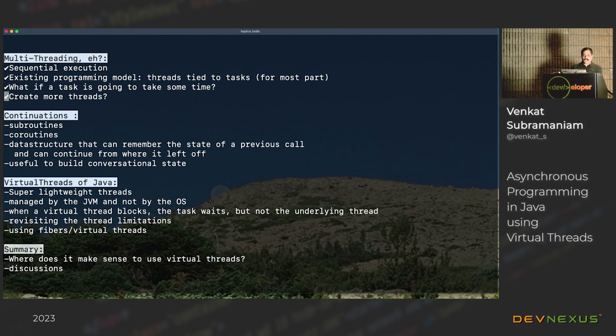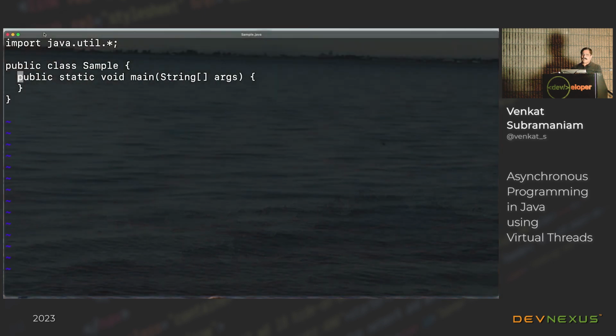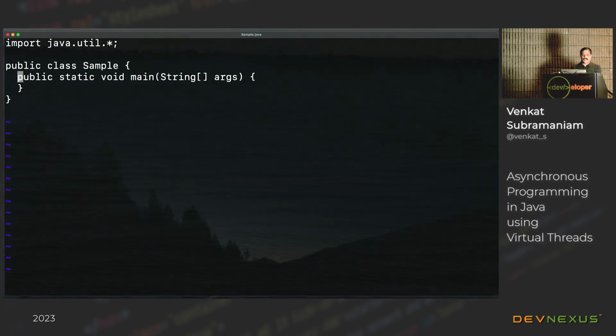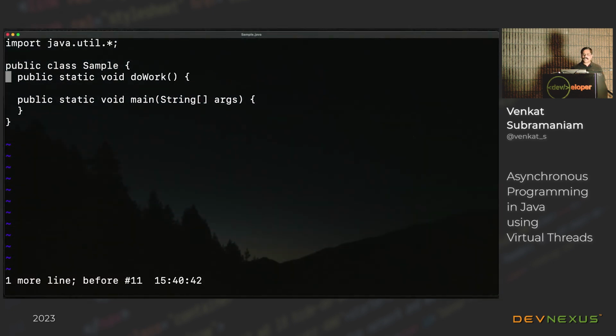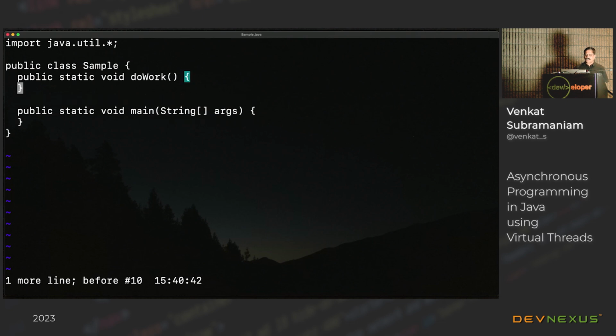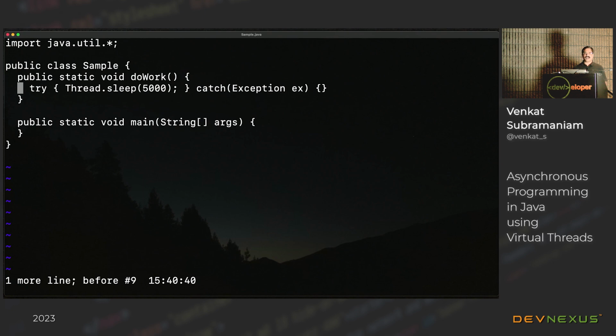Well, as it turns out, let's look at an example of how many threads we can create. Now imagine, I'm not even going to do much at all other than simply call Thread.sleep in this particular case. So let's see what's going to happen in this example. Notice I have a function called doWork, and the doWork function is not doing much at all. All it is doing is a Thread.sleep. That's all it is. Now, how expensive should a sleep really be, right? So this thread is going to sleep for about 5 seconds. Then I define a max of 10, not a really big number. And I'm going to loop through the values.